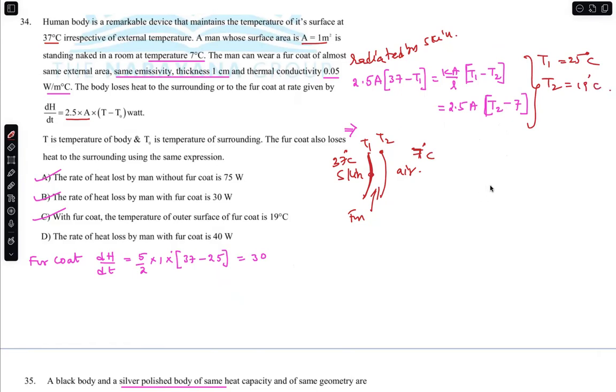Right, fine. That's not the question now. The rate of heat lost by the man without fur coat is simply 2.5 into 1 into 37 minus 7 degrees. So 30 into 2.5,